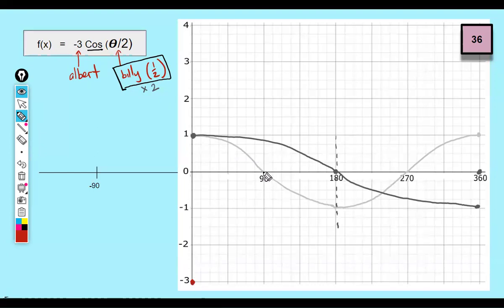Over here, the y coordinate is what? 0. 0 multiplied by -3 is 0. Over here, the y coordinate is -1. -1 multiplied by -3 is